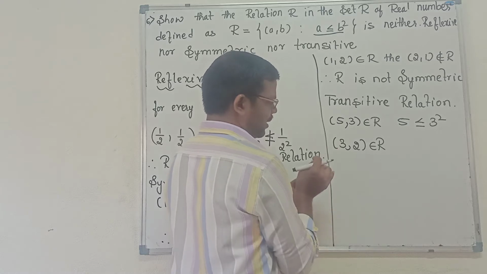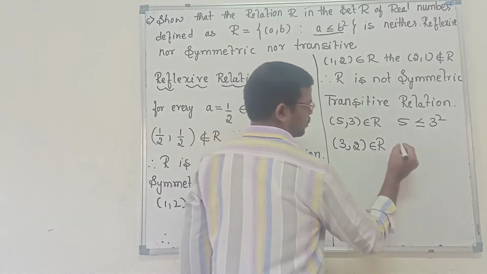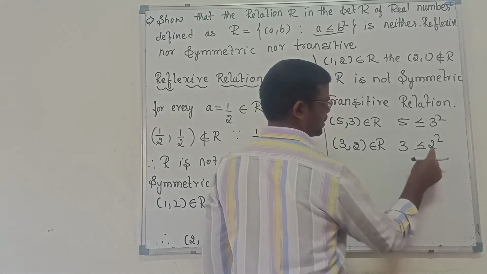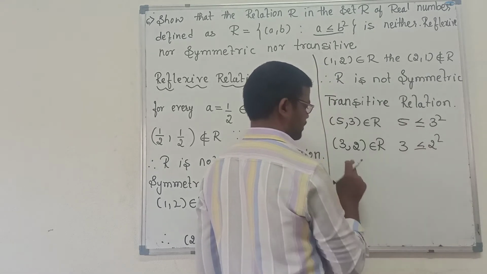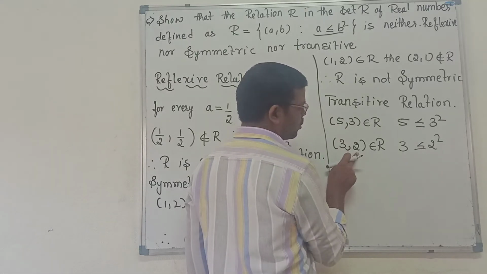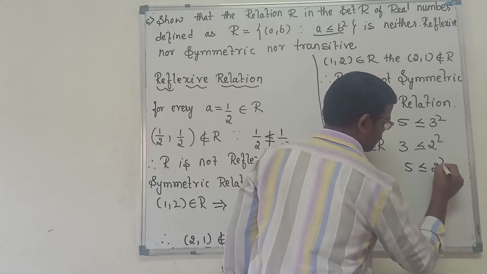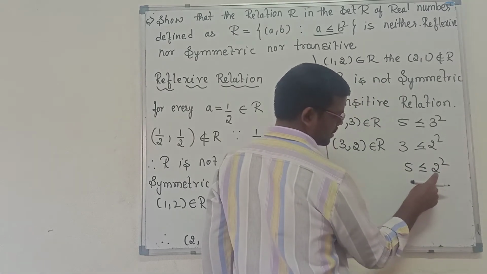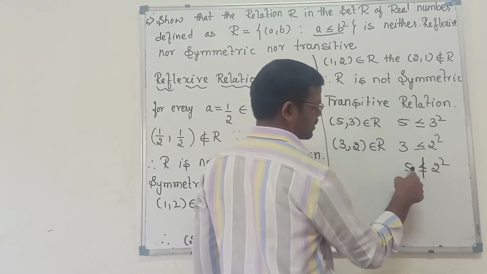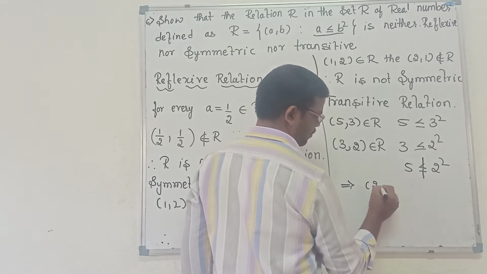These are very easy numbers and we know how to simplify them. 3 is less than or equal to 2 square, which means 4. It is correct. Then next we have to check whether 5 is less than or equal to 2 square. No, 2 square means 4, and it never happens. If 5 is not less than or equal to 2 square, it implies that (2, 5)